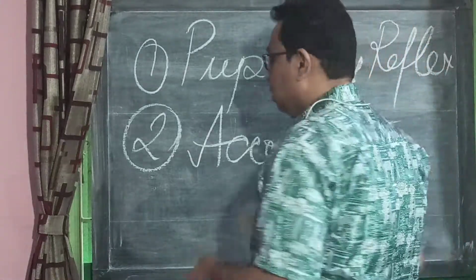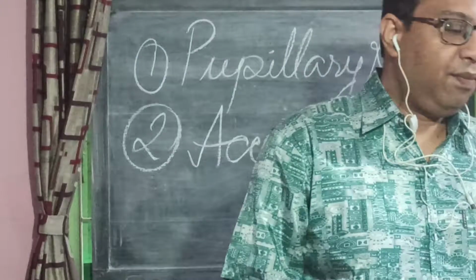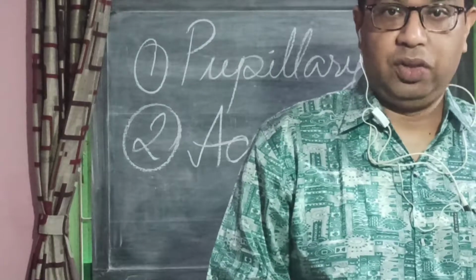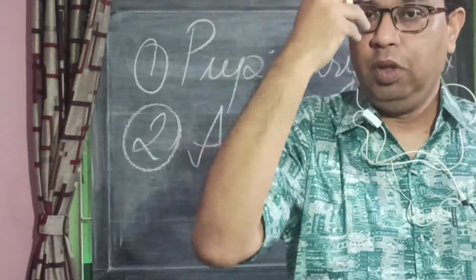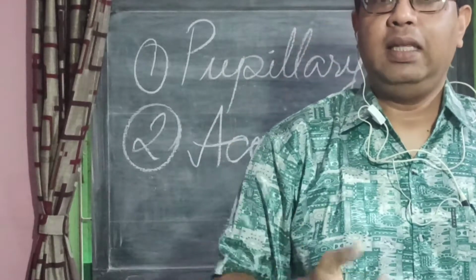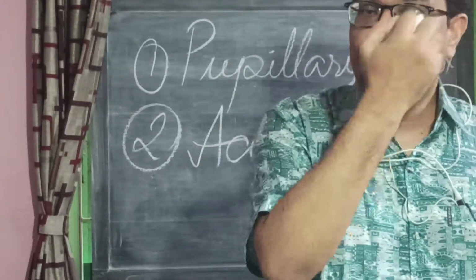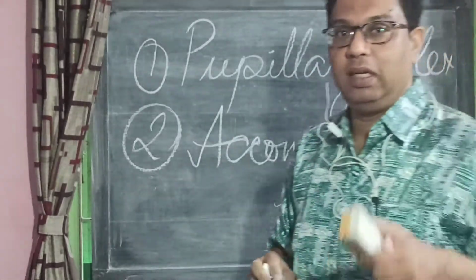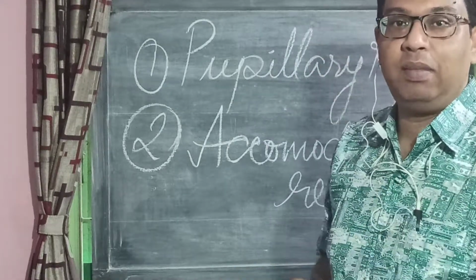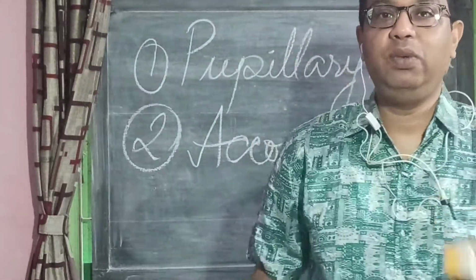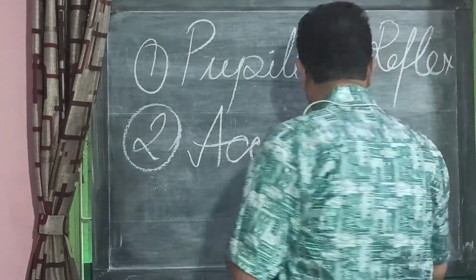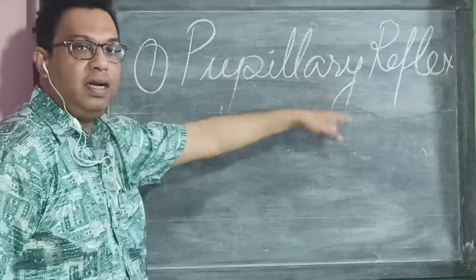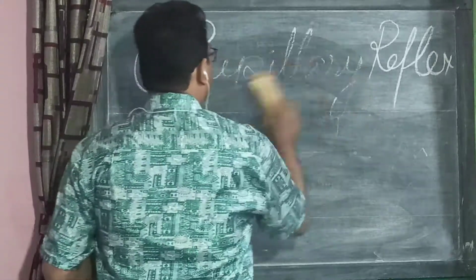So pupillary reflex. The other thing about pupillary reflex is that when you shine light on one eye, the other eye also shows a similar kind of constriction. So you have direct light reflex, the pupil being constricted on the eye that is perceiving light, and also the other eye, which doesn't have light falling on it, will also constrict. So there is bilateral constriction at the same time. This is direct light reflex, and on the other eye we see consensual or indirect light reflex. So let us study the pathway of the pupillary light reflex first, and then we'll talk about accommodation reflex.